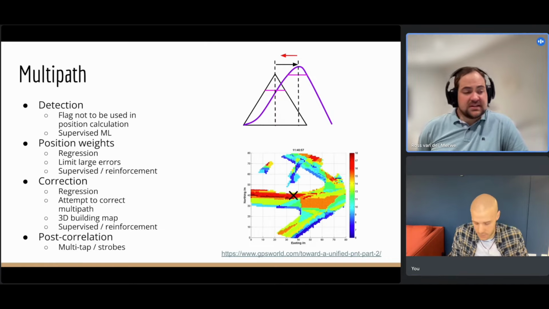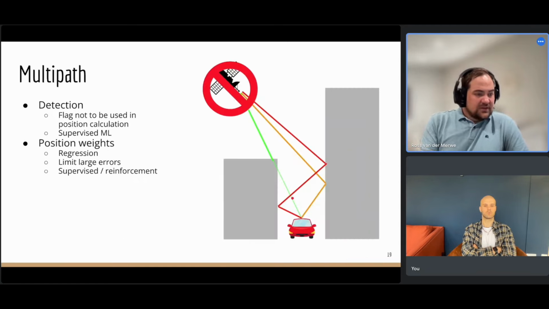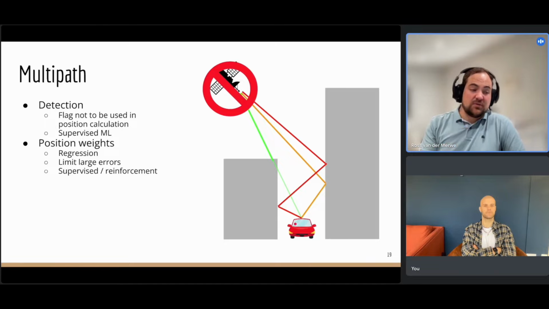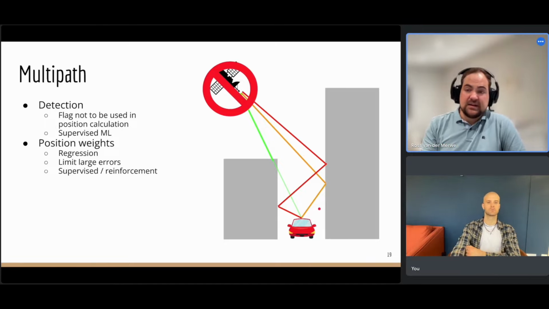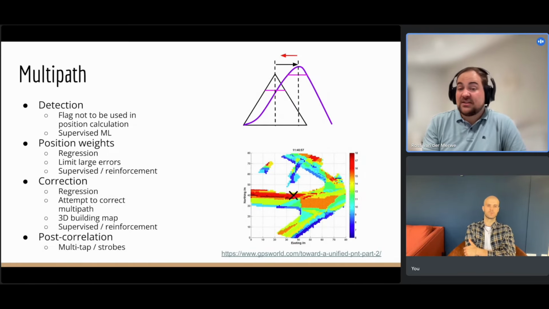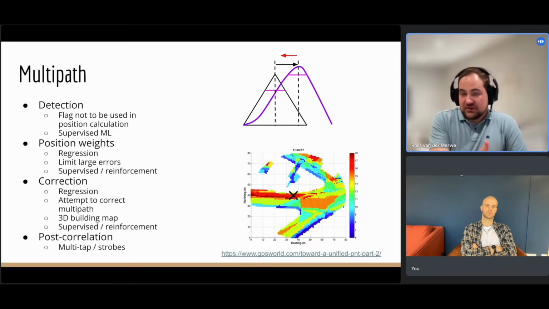Oh, okay, sorry. So in this case, it's either the receiver being at that location or, given the pseudo range and the information you have, that it's likely there. If I know, at this point, I have a very strong likelihood that if the satellite is there, I'm pushed away from this building because of all these multipath effects on the side, then you can start saying, well, likely I'm closer to this building in reality than what I measure. And this is what this is trying to tell you: your pseudo range should be more in this direction because of multipath and not the other way around, trying to figure out in which direction you're much more likely to be.